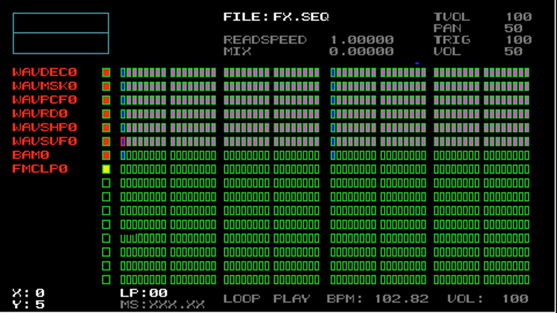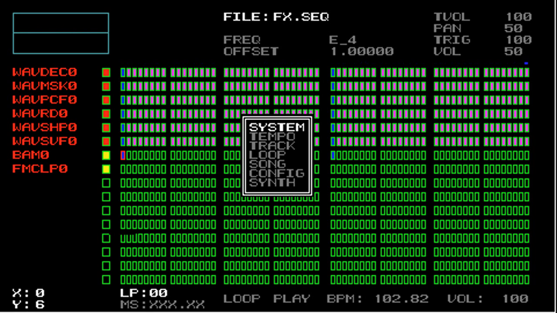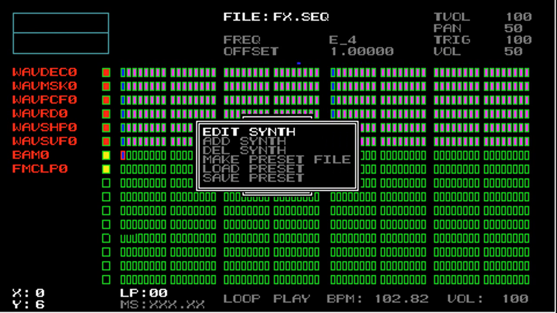So to get to the preset functionality, first of all, I'm going to unmute the BAM 0 track. Now I'm going to push Start, select Synth, and the first option is Make Preset File. So the basic installation of PSPSeq is one preset file for each generator and effects combo, and these are called SeqDef. And the way to make a new preset file is to go to Make Preset File